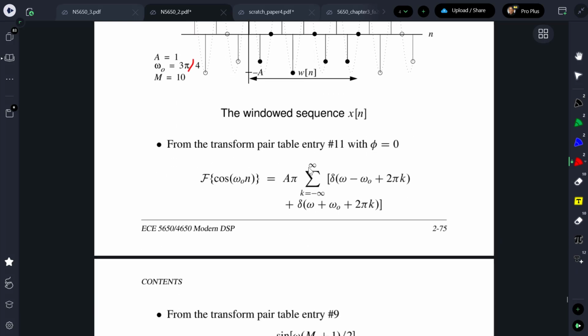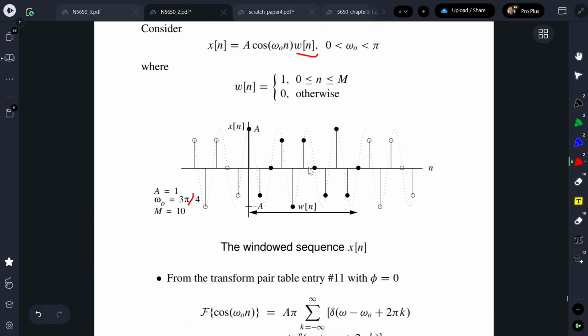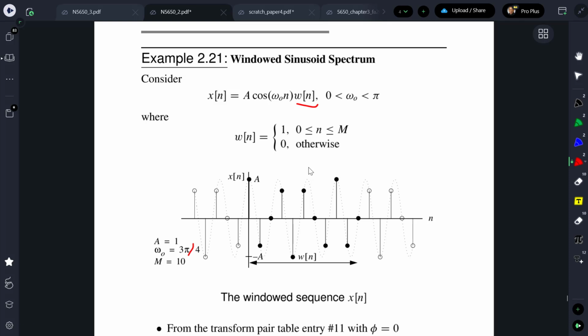So the cool thing about this example is it's going to use the windowing theorem from the Fourier transform. First off, we can take the Fourier transform of the cosine, and it's going to be the delta functions that we've seen before. So that's table entry number 11. And then the Fourier transform of the window, or I guess what I really need to explain here is that if I change the colors,